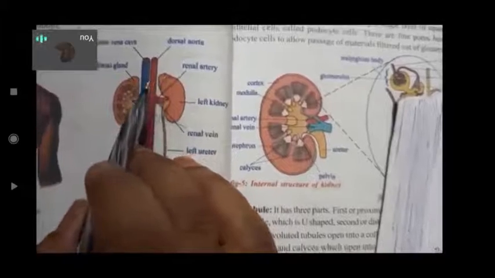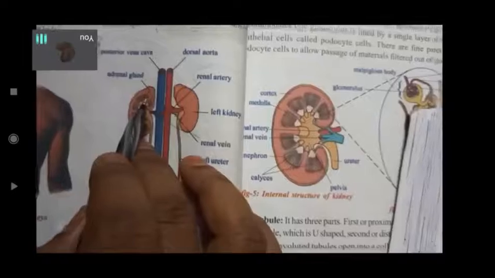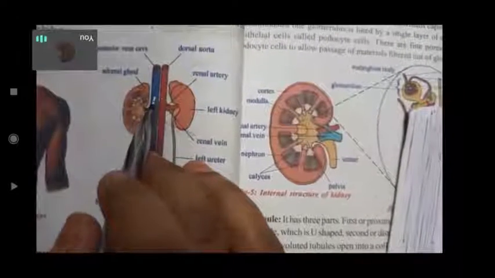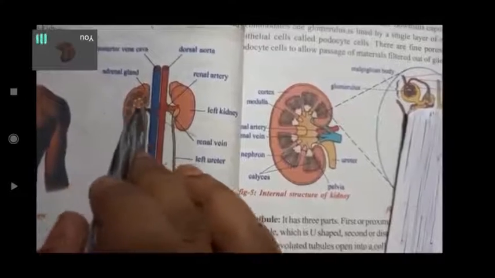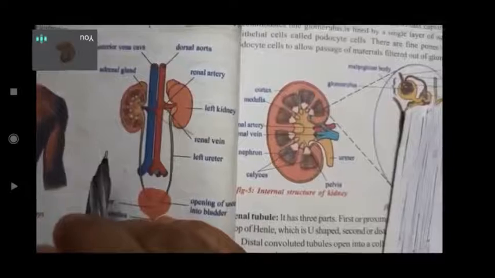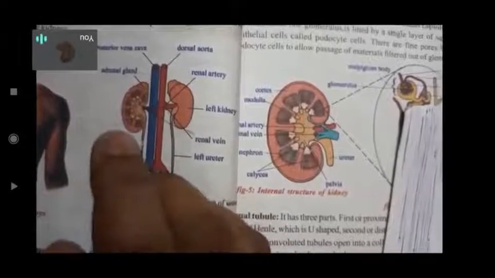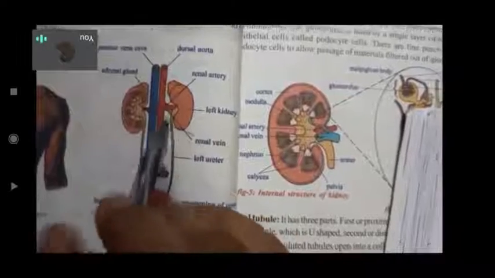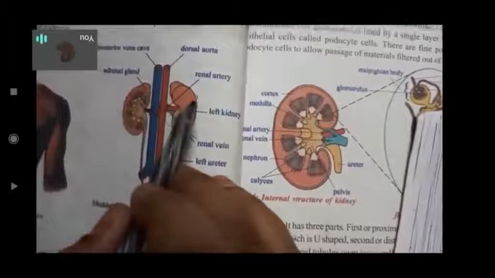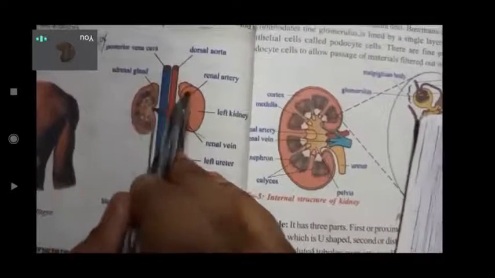These adrenal glands help to control blood sugar, BP, and the burning of proteins and fats, and regulate all these types of activities. For that, the hormones related to the adrenal glands are useful. So that's why without those hormones, a human being cannot survive. I think you got a clear idea about adrenal glands.